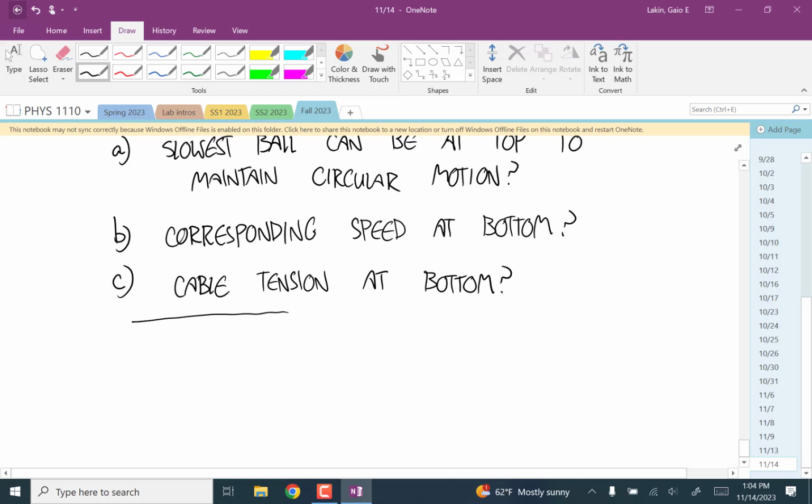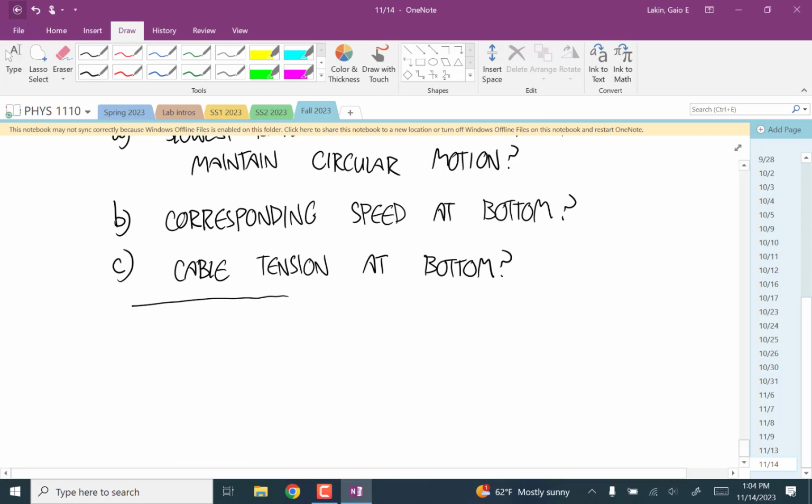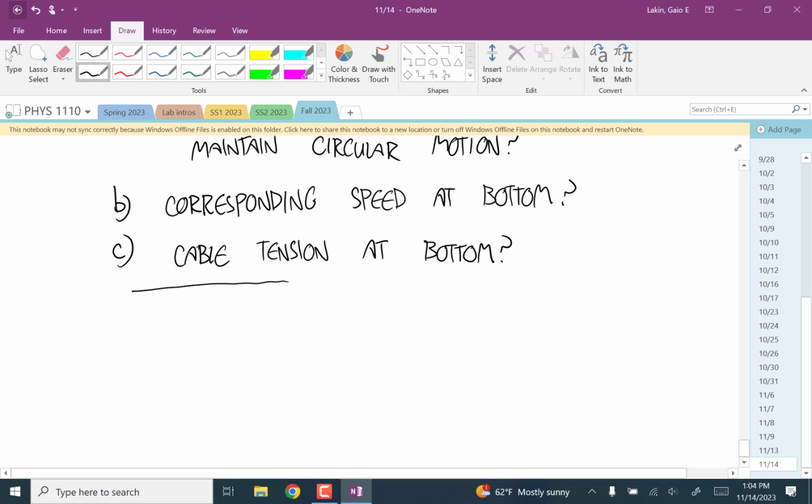Okay, does everyone understand what we're doing? So basically, we're figuring out if you go as slowly as possible with this circle to still maintain circular motion, what's the maximum stress that string is under? That's what we're going to calculate. Basically, we're going to calculate how strong a string you need in order to have this mass swing through a circle. Okay, so for the first one,